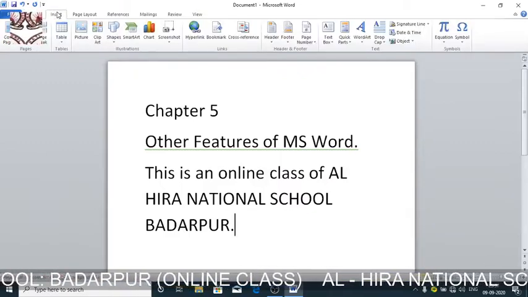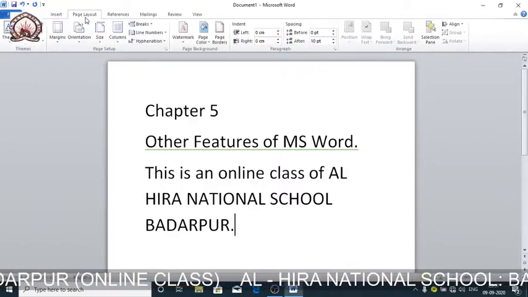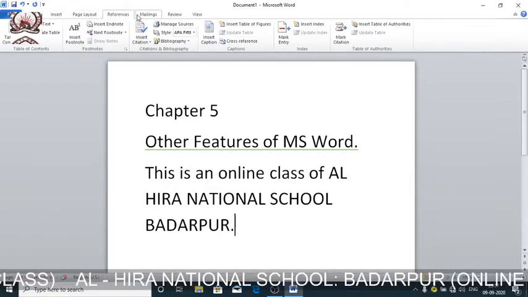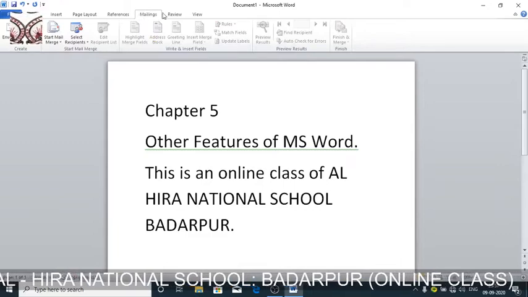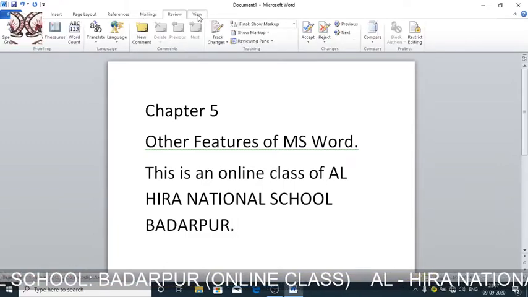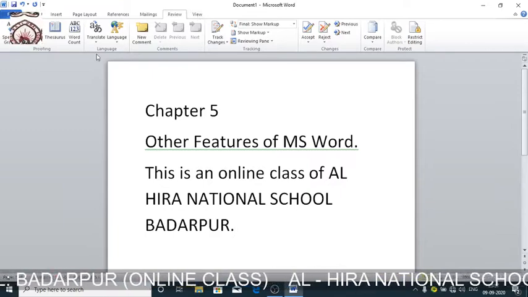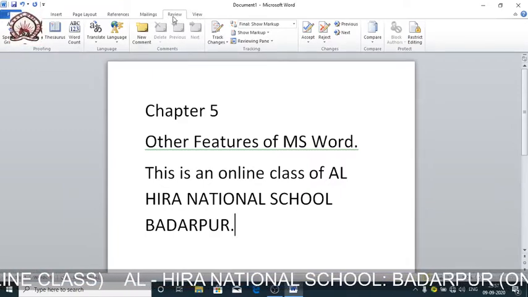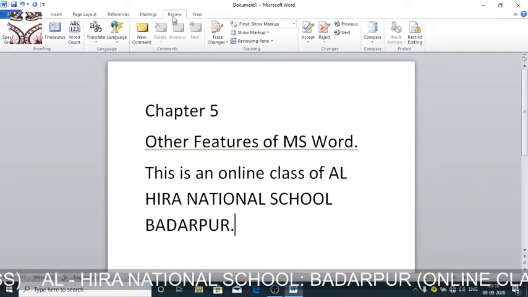So I'm just showing it, word count feature. With the help of this word count feature, we can count the number of words and number of, yes, you can see here in the review tab, but in your book it is in tools menu, no matter.